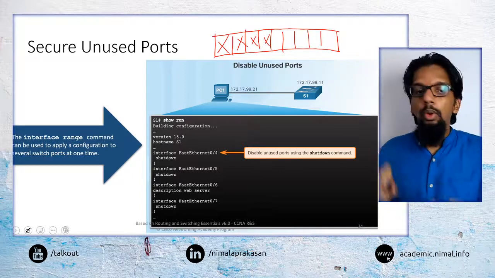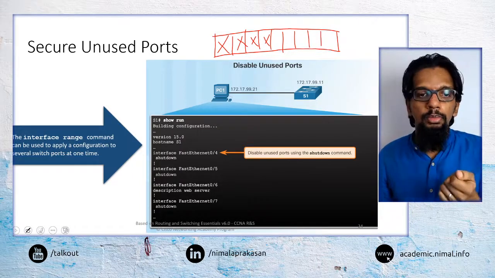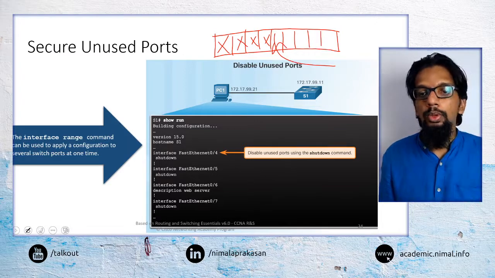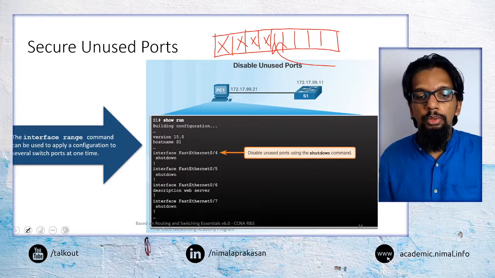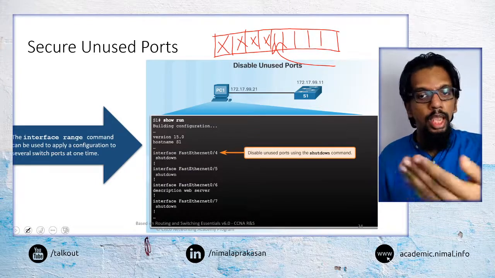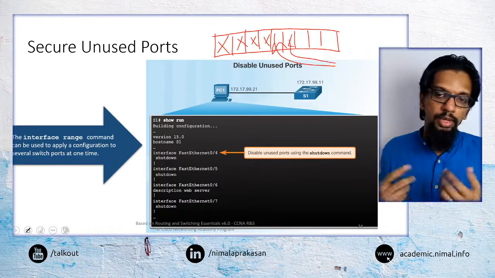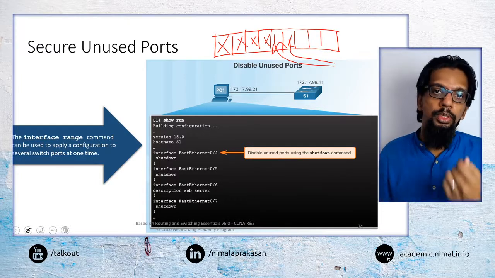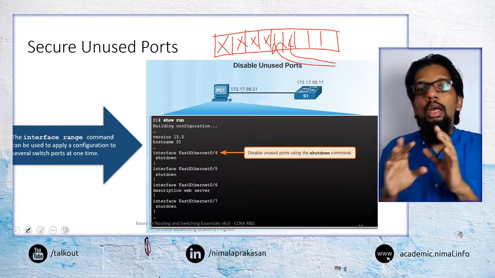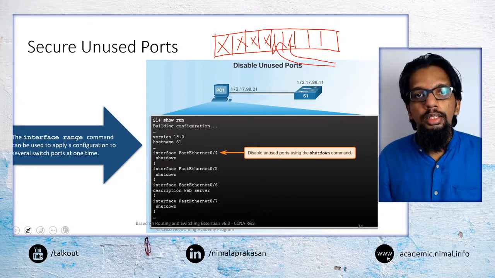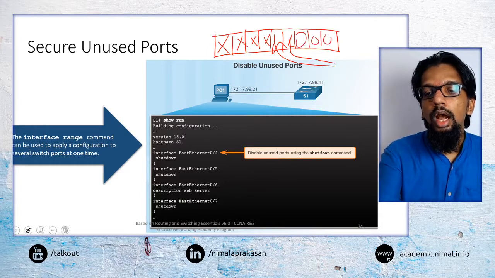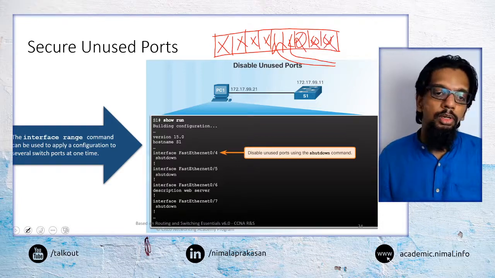This switch is normally located somewhere. So the problem is, anybody who comes and plugs a device to this port can connect to the network because that is an active port. Anybody being able to connect to a physically available port is not a preferable situation. In an organization where we don't want anybody coming into the network unnecessarily or without our knowledge, we would want to disable these unused ports and say they are not able to be used.